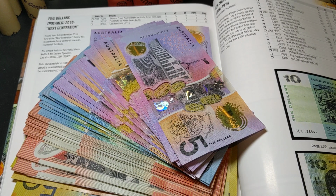So I know it's called PJ's Coin Capers, but today we're going to be going through notes. I've got a stack of cash here. Now it's really important